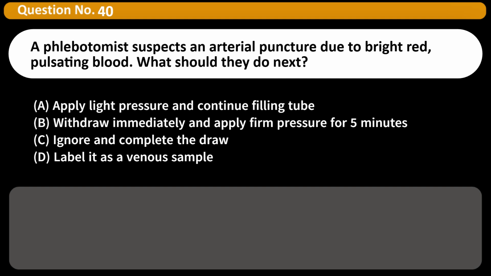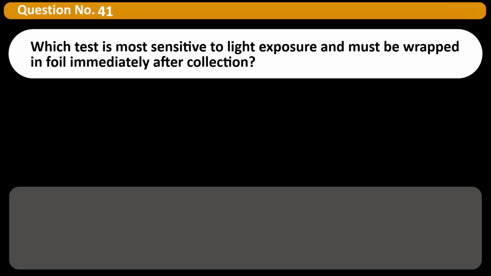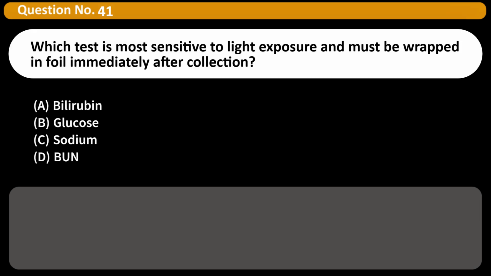A. Apply light pressure and continue filling tube. B. Withdraw immediately and apply firm pressure for 5 minutes. C. Ignore and complete the draw. D. Label it as a venous sample. Answer B. Arterial punctures require firm pressure for at least 5 minutes to prevent hematoma formation and bleeding, and the supervisor must be notified. Which test is most sensitive to light exposure and must be wrapped in foil immediately after